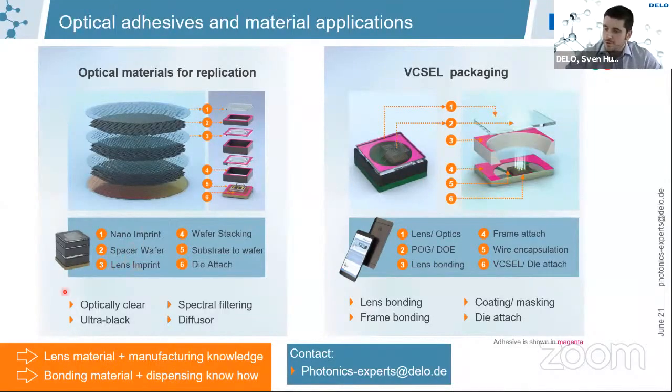We also deliver ultra black materials to block some light, or diffuser materials, lens bonding in general, active alignment. So many things. If you have any questions, contact us, the photonics experts, at delo.de, or visit us at